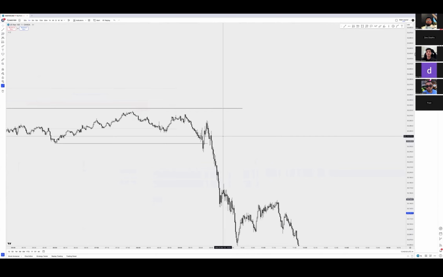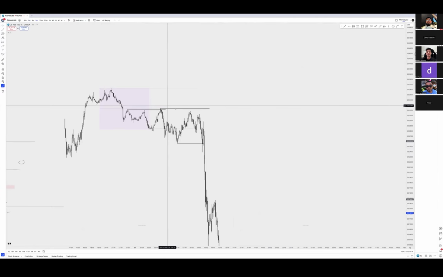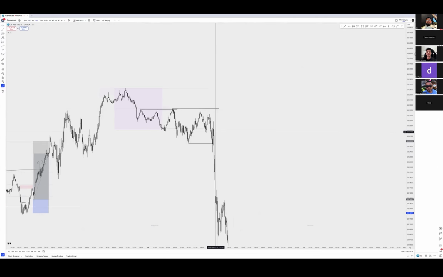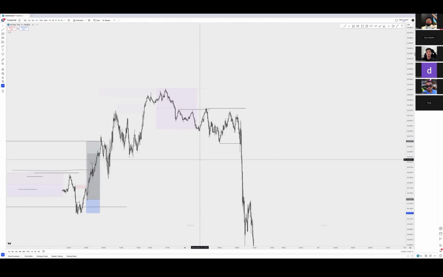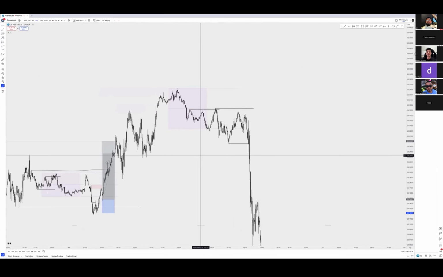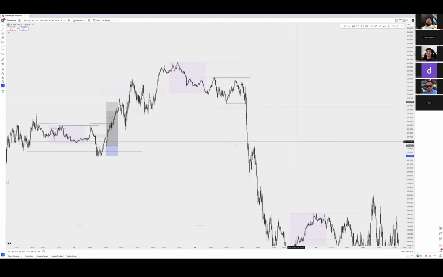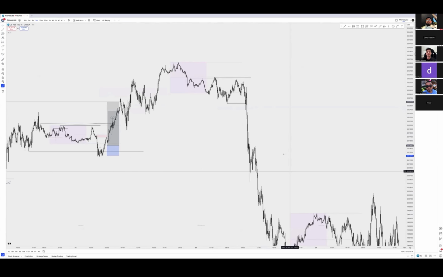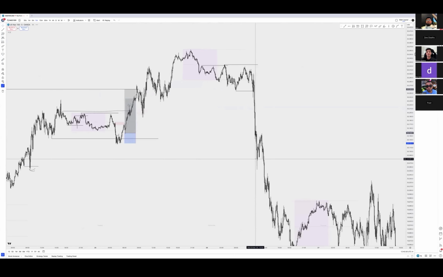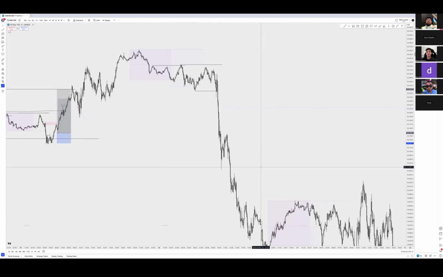But yeah, that isn't something I would be taking, because I would just be waiting for this high to get taken out. So I wouldn't even catch anything if it was to give anything here. But yeah, pretty much. But it makes sense. Moves lower, leaves that liquidity to the upside, moves lower, completely shorts. Wow. That's just crazy.